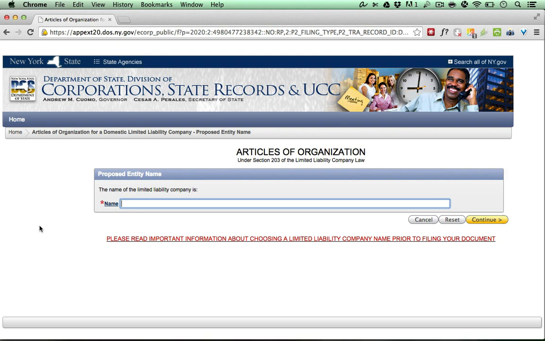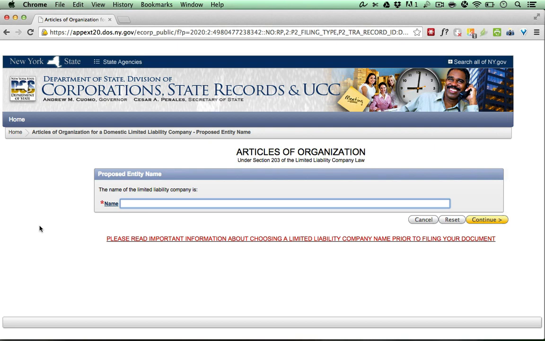The state's online website is very intelligent here in that it will not let you proceed if the name is not distinguishable. Before we look at a few examples, there are some important points about how to enter your LLC name in the search field here. You need to enter the name exactly as you desire it. That includes proper capitalization, punctuation, the L.L.C. or LLC designator, as well as the comma that appears before the designator. Now the comma is optional, so you can include one if you'd like, or you can leave it out if you prefer. I'll show you what I mean in just a second.